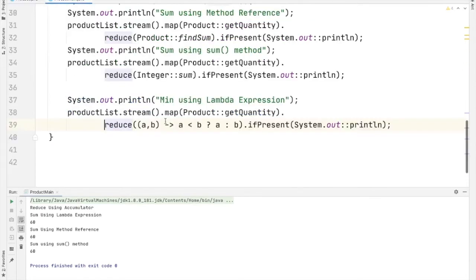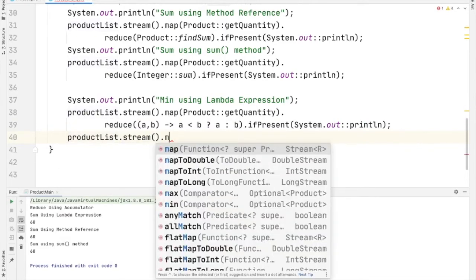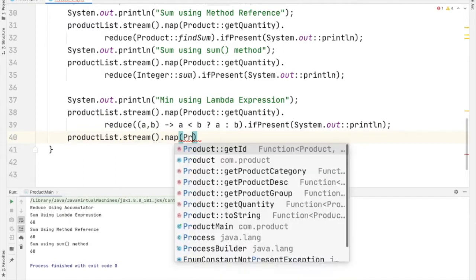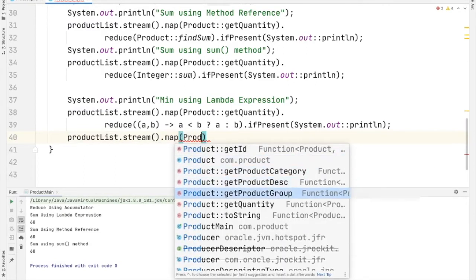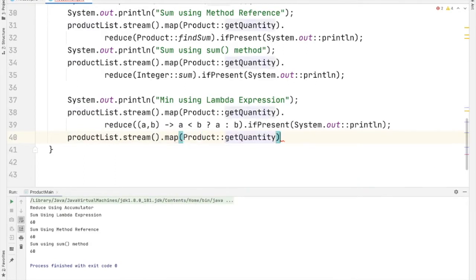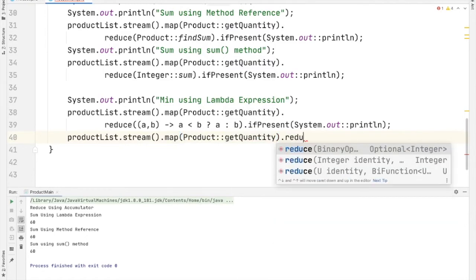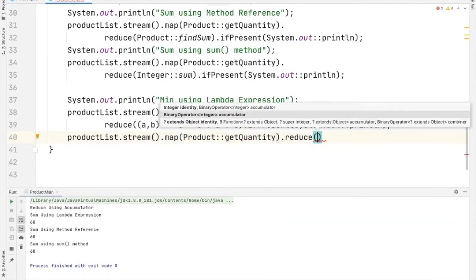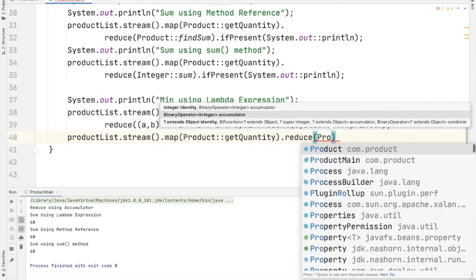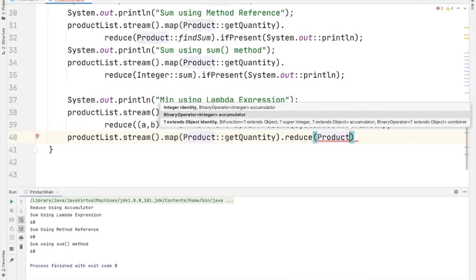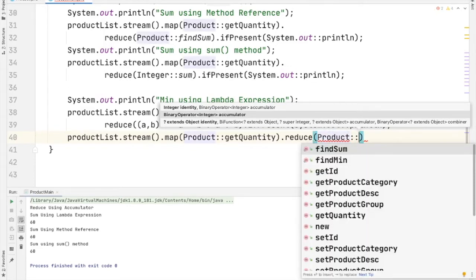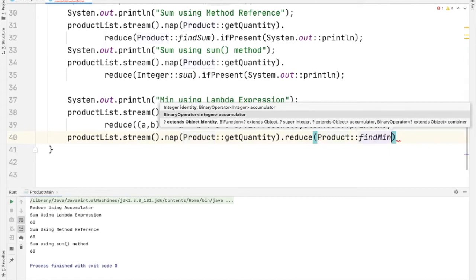Now go to the main class. Code for this, productList.stream().map(product::getQuantity).reduce, then Product::findMin.